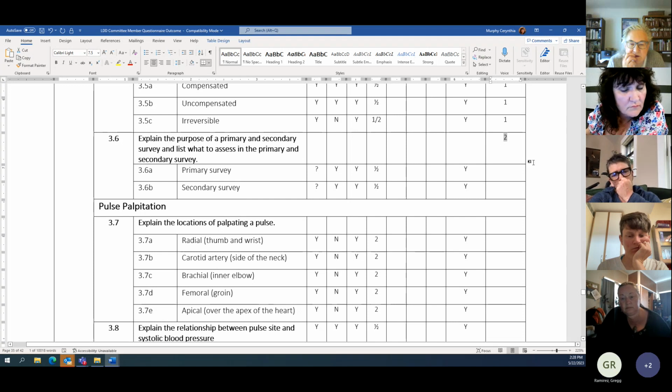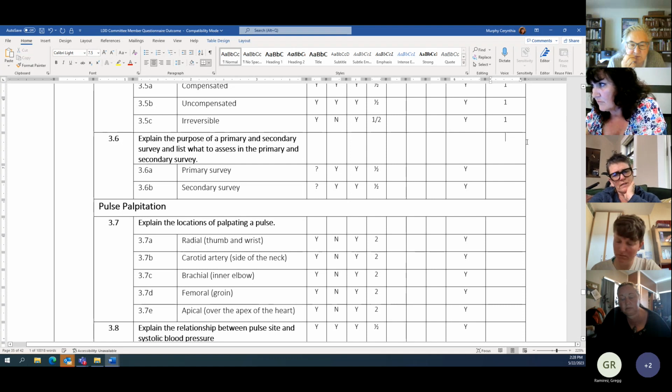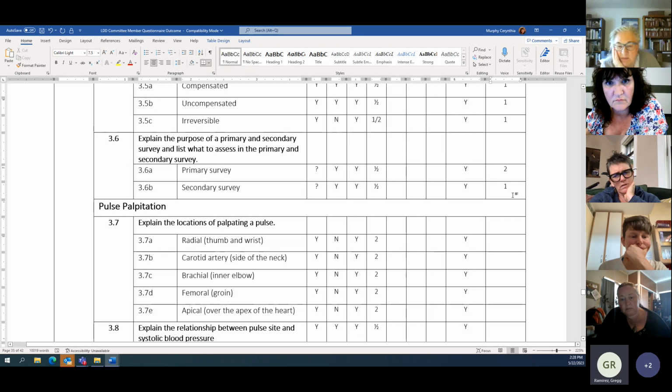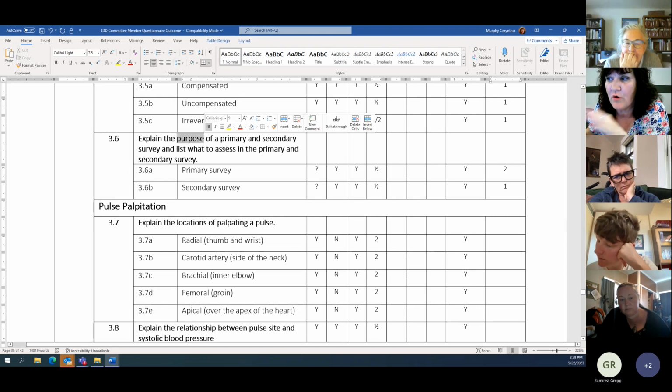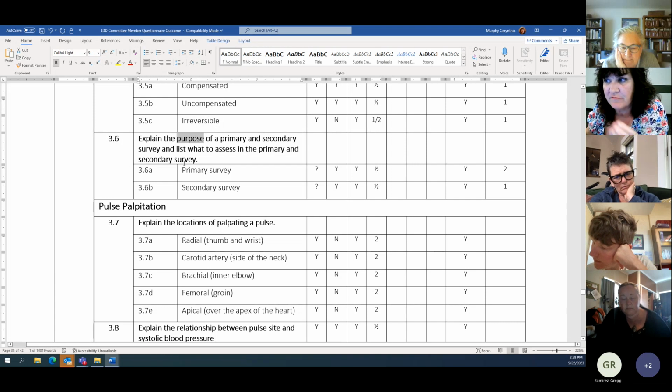Well, if we're going to stick with this, since it's broken out in the competencies and in the education, then maybe the primary survey just being a 2 and the secondary being a 1, if we're going to keep this as 2 separate surveys. Or we could make it one question. I'm thinking: explain the purpose of a primary and secondary survey and list what to assess. And that was my question. Are there going to be 2 different categories, the purpose versus what to assess? Or do we want purpose to